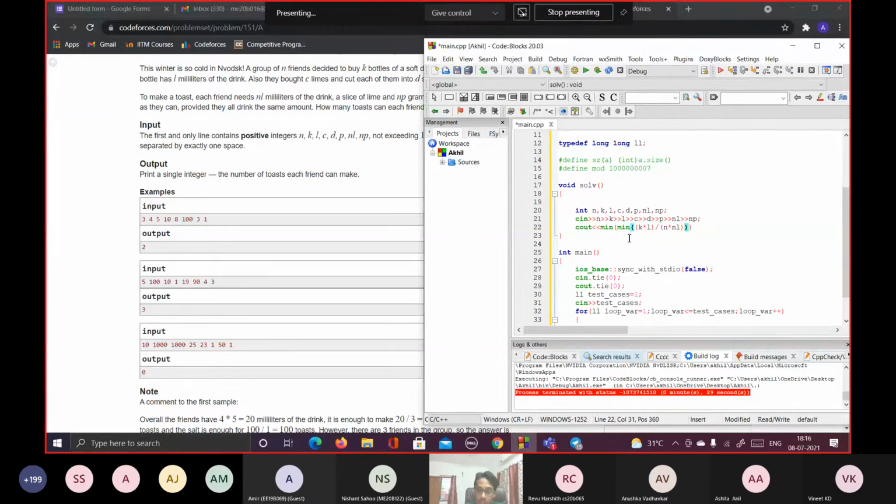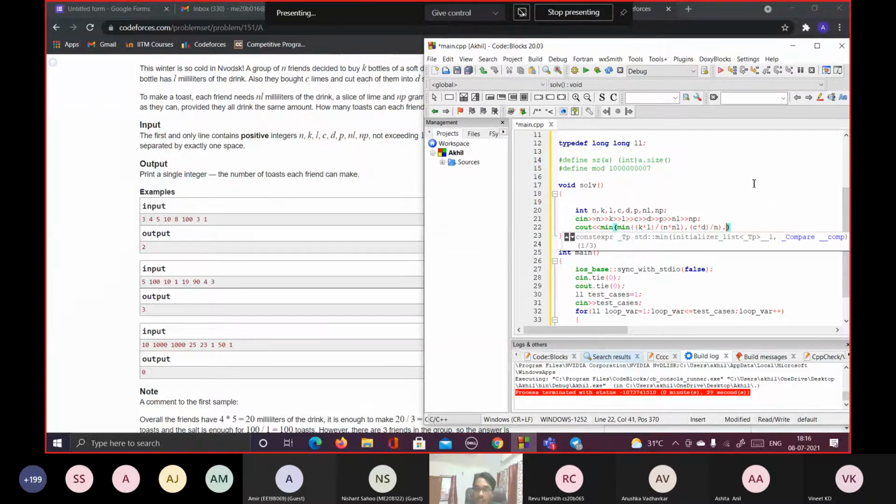This is covering the drinks part. The next one is the slices. There are a total of C into D slices once you cut them all, and each person needs 1 slice, so that's not a problem, and each person can make 10 toasts.